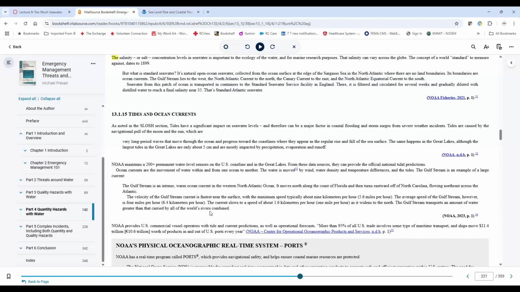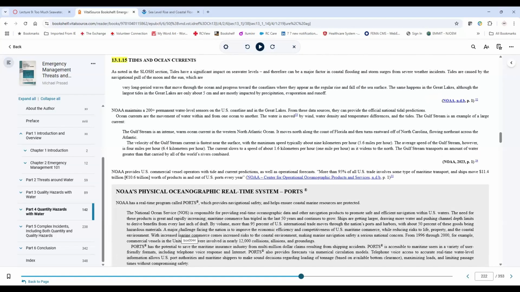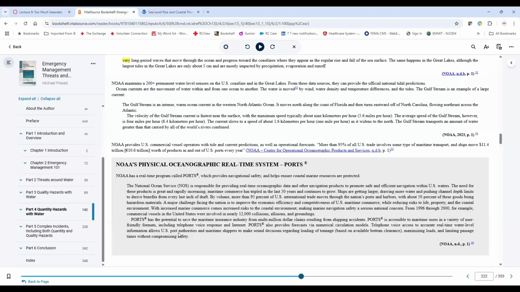And then here are some quotes about the economic aspects. NOAA being under the Department of Commerce, this is part of what they do: put together packages related to trade and maritime transport. Emergency managers have to be cognizant of this, because it's not just impacts to people and homes, it's also the impacts to the economic aspects of shipping and other things. So here's their real-time ports system. Feel free to take a look at this. I won't go into detail, but these are systems that connect different models together to help manage trade movements and ships on the oceans throughout the world.